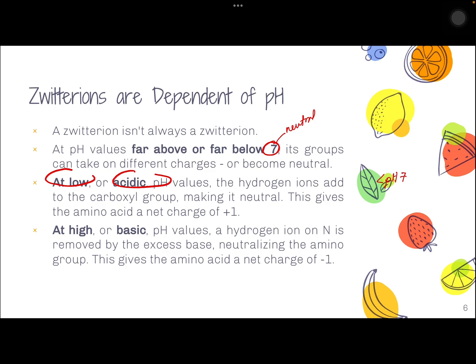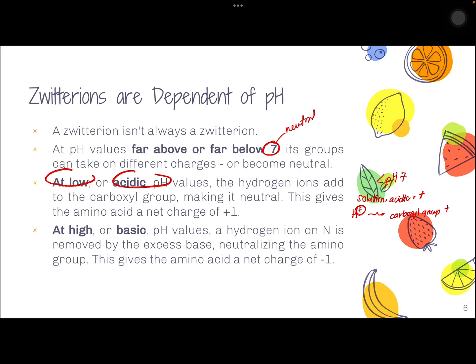So, if the amino acid is present in an acidic solution, for example, the net charge of your amino acid or your Zwitter ion would be positive. Why? Because the H plus, the positive ion here, as in literature, associates with the carboxyl group,